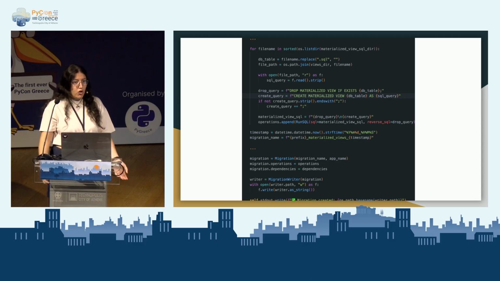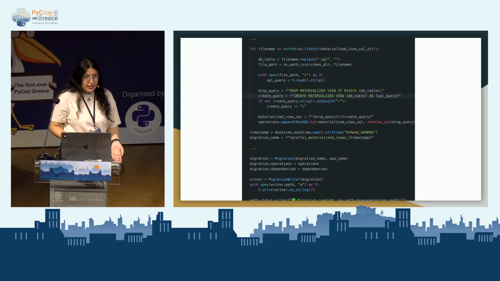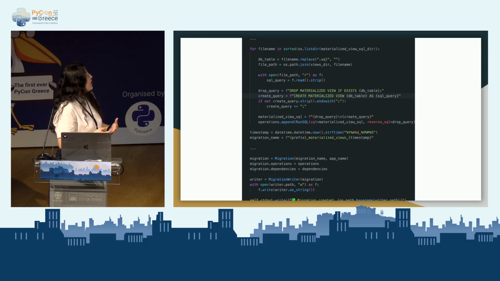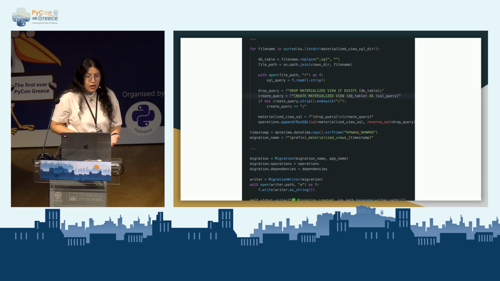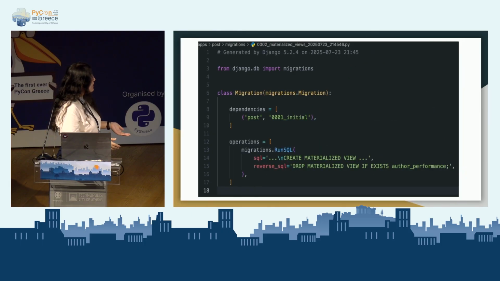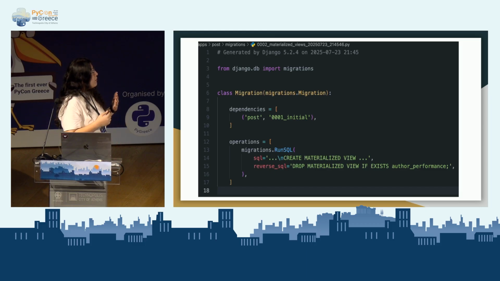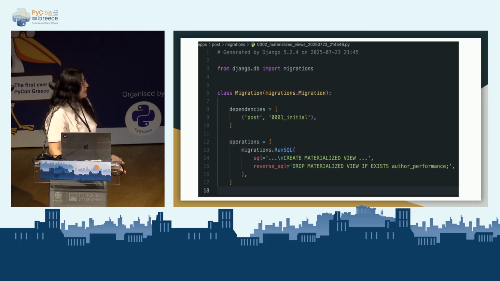So for this problem, we keep the SQL files in our project. Then we create a custom Django command. It is like the makemigrations command. This command reads the SQL files, then it creates the regular migration files. This way you can apply any changes of the materialized view easily and safely to your database.